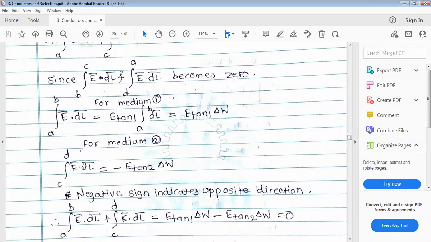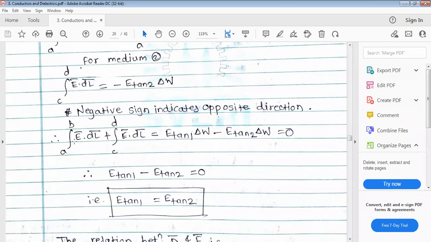Integration from C to D of E bar dot DL bar is equal to minus E tan 2 into delta W. Okay. Now, why is it minus? This minus sign indicates that there is the opposite direction, right? Minus sign indicates that this is the opposite direction. Therefore,